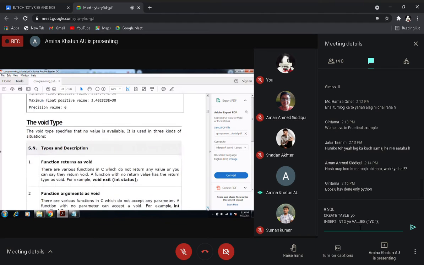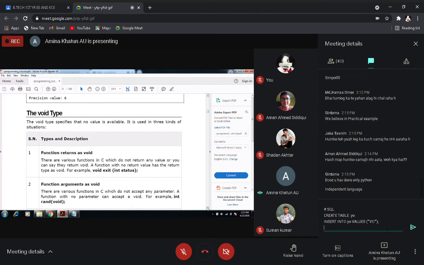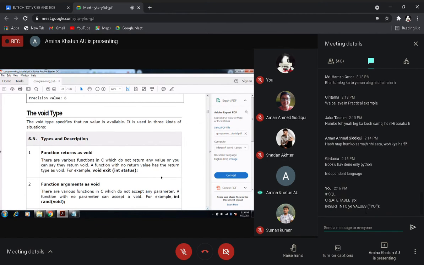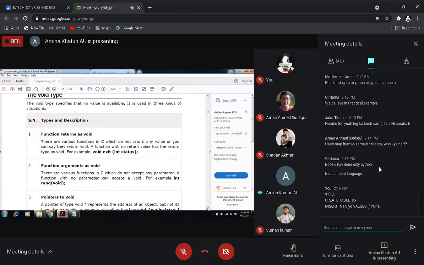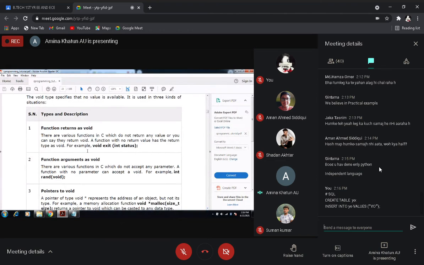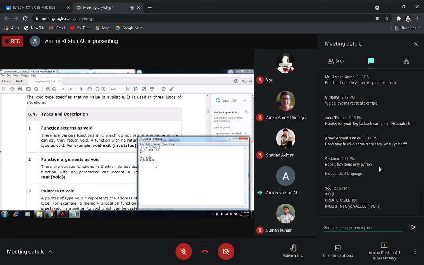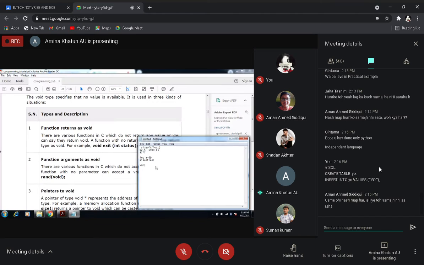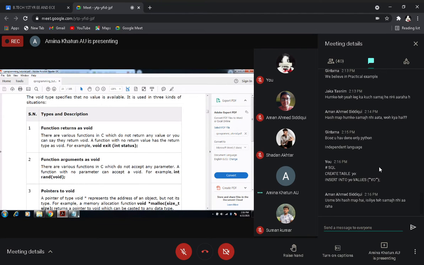So now the void data type. As I have specified, if you do not want to assign any value, at that time you can use this void keyword. You can use it in 3 situations. I have already told that we can use the void keyword with our main function. Before main, which is a function, we can use our void keyword.